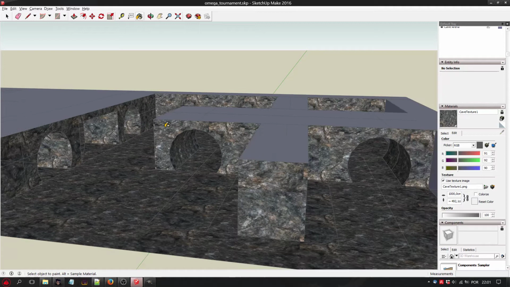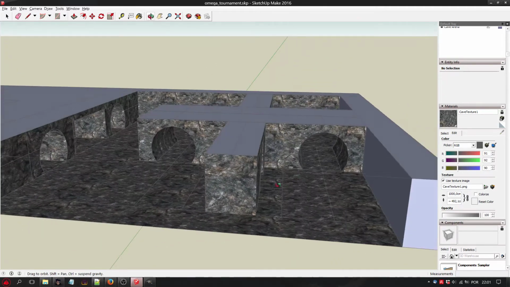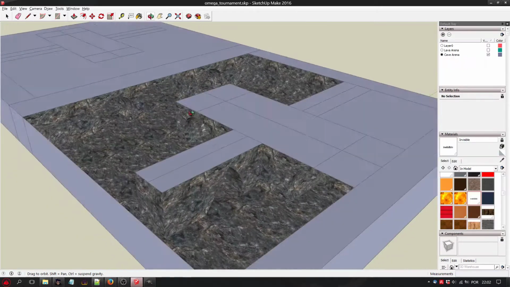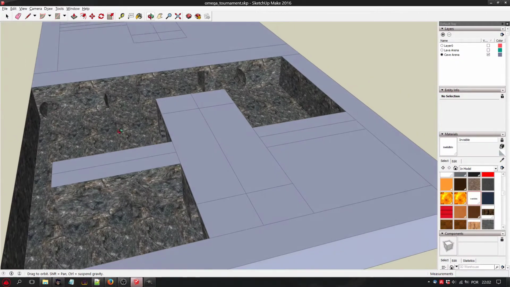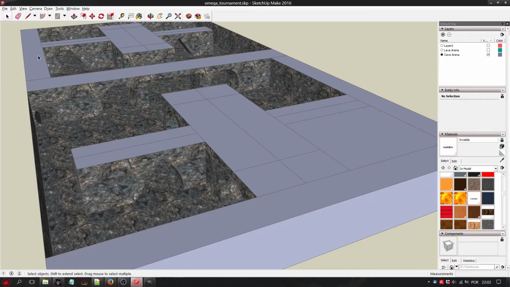Okay guys, so right now we can finish the spectators area. The idea for the spectator area is that let me hide this.